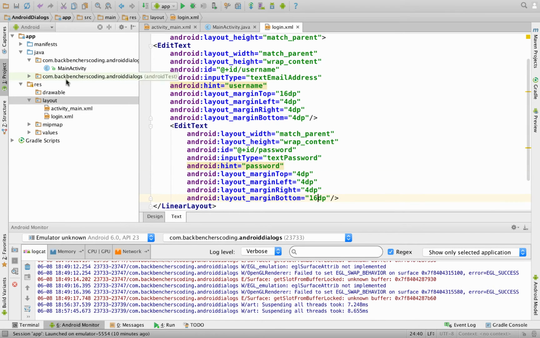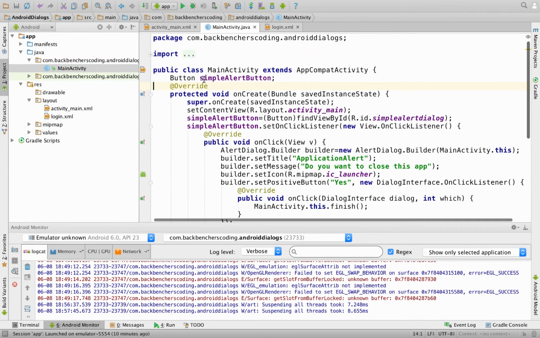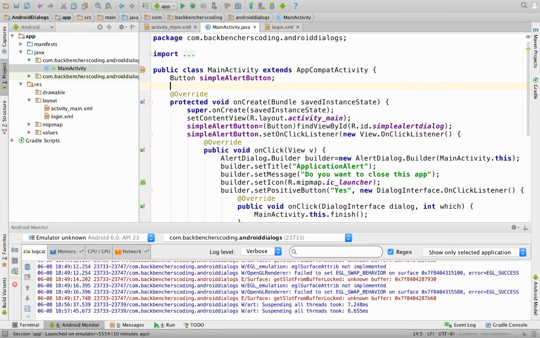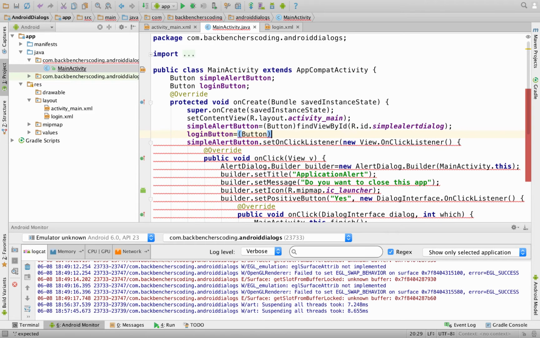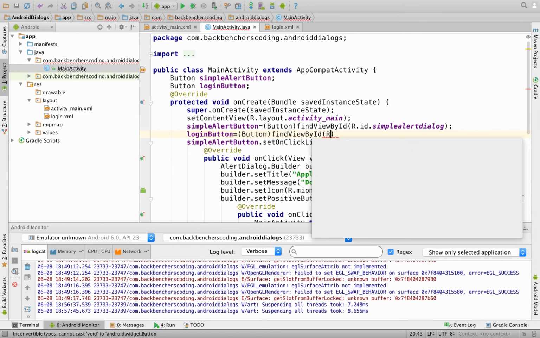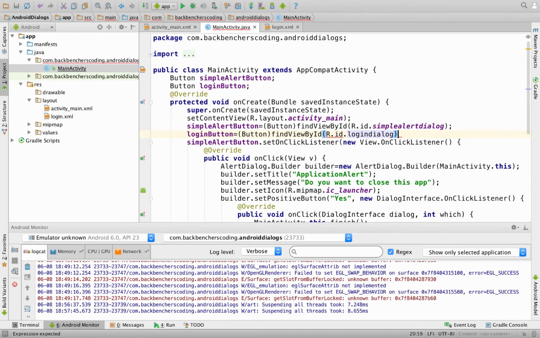So now let us go to MainActivity.java and create a class variable for this button. So Button loginButton, and get its XML control in the form of a Java object by using findViewById, R.id.loginDialog. Now we set an onClick listener to this button.